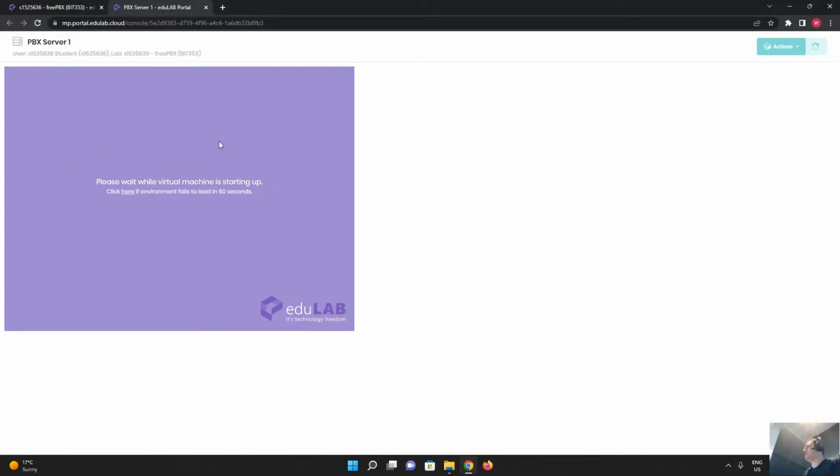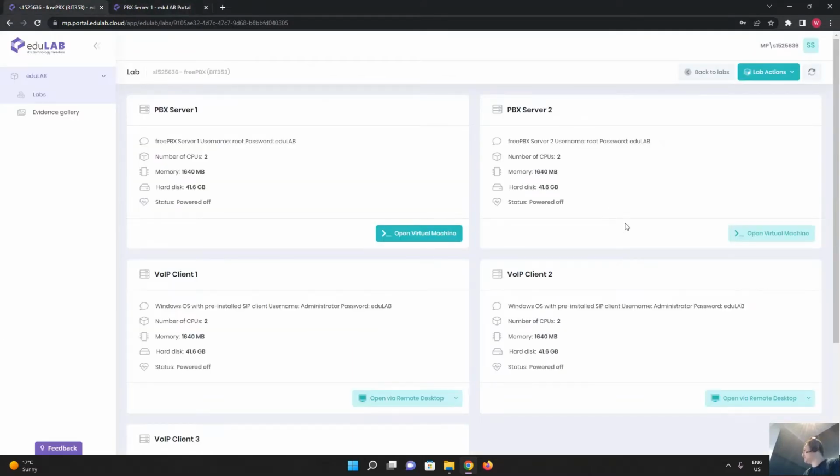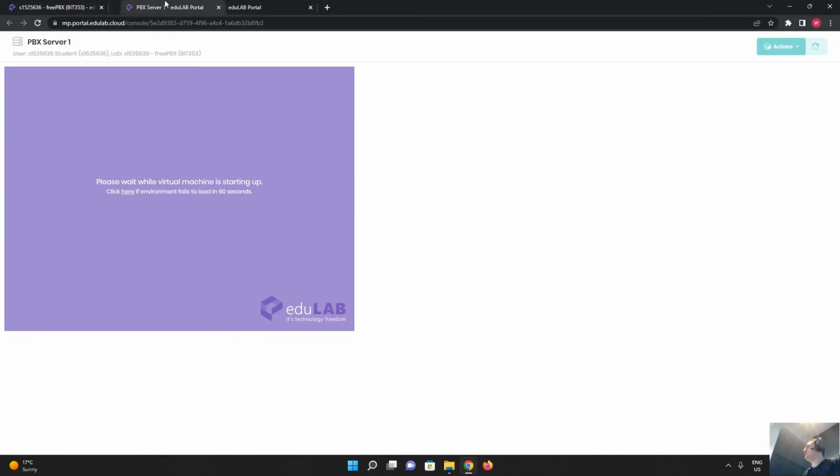We can open server 2 for now. So let's wait until this one opens. If it doesn't open, we have to click here. If the payload. So now we have to wait